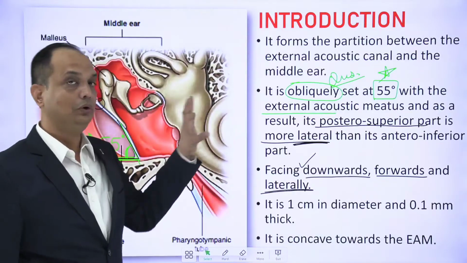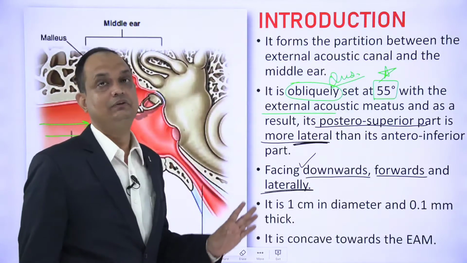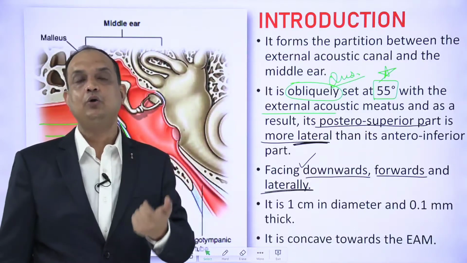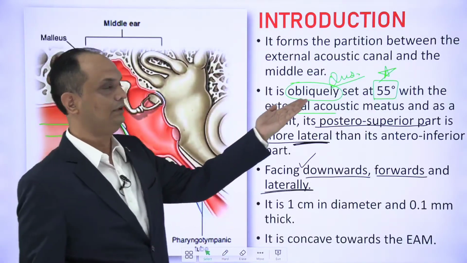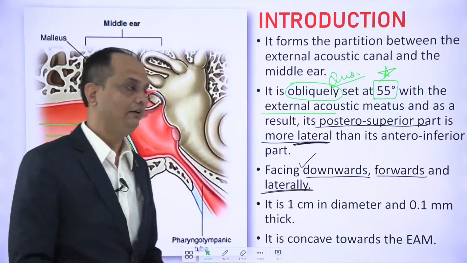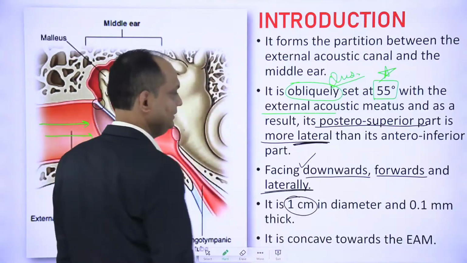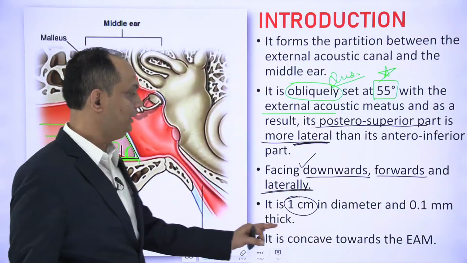So there are two questions. One is, what is the direction of the tympanic membrane? The direction is downward, forward and lateral placement. And how much angle does it form with the floor of the external acoustic meatus? The answer is 55 degrees. Now it is around 1 centimeter in diameter with 0.1 mm thickness, and it is concave towards